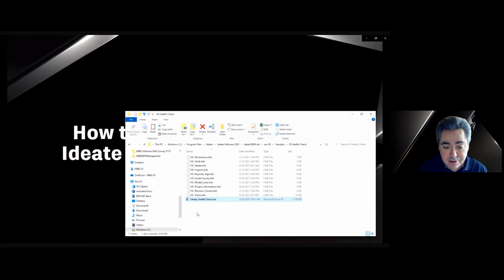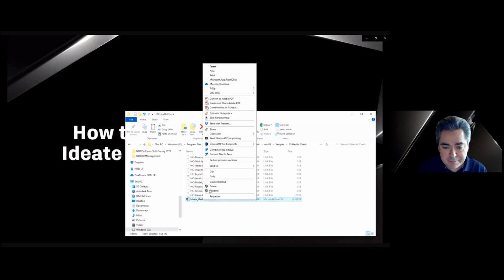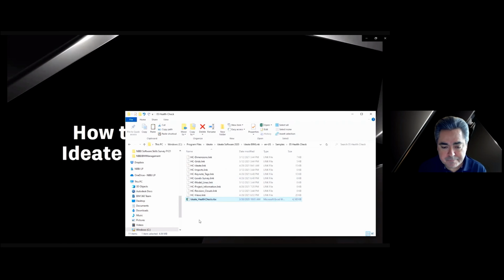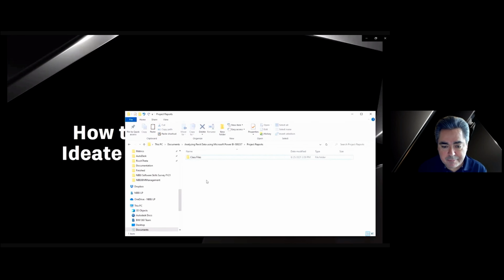That's the template file. We need to copy this file into a project folder, which is where we're going to do our health check. So let's copy this file. And we'll put it in this folder for now. After that part's finished,